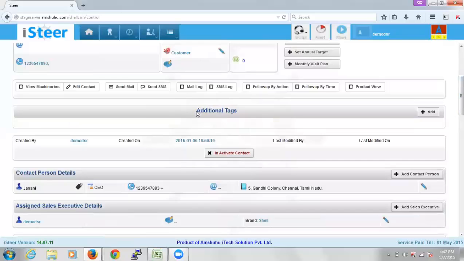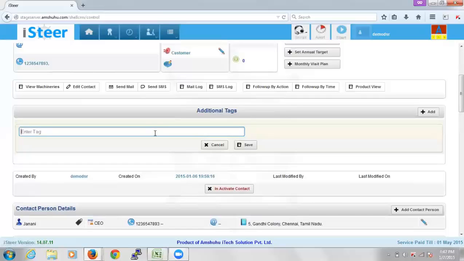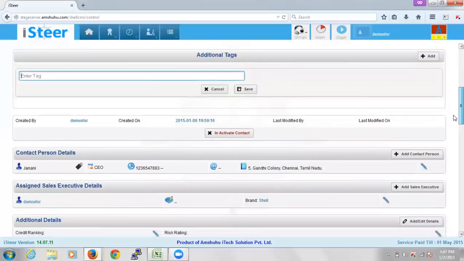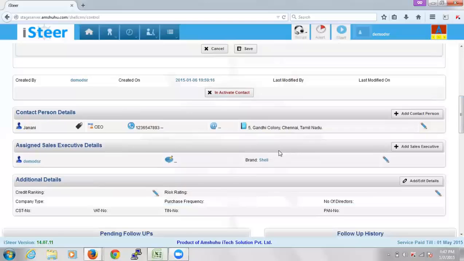So you see something called additional tags here. This additional tags will enable us, you can add any text here. So this is basically when you want to identify a particular tag for this company. So this will enable you to search or group companies together of the same type. So say, for example, this is a refinery company. You can add refineries here and click on save. So there might be a couple of companies having the same tag. It should be helpful for you. Then the contact person details.